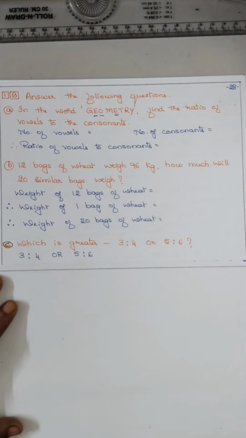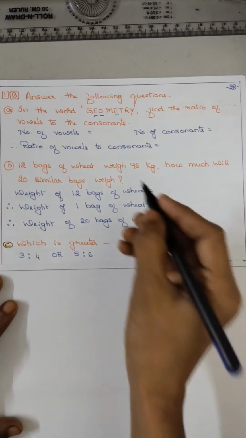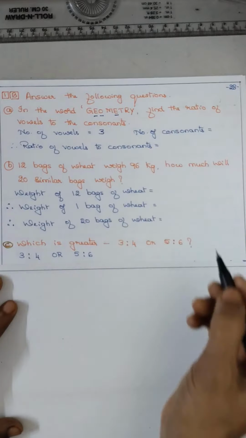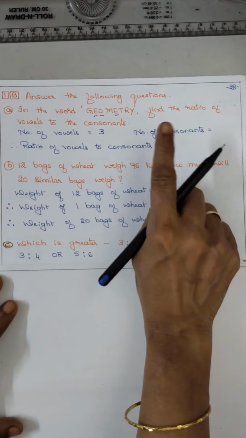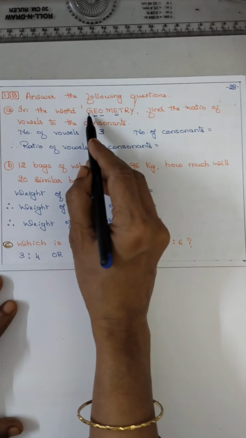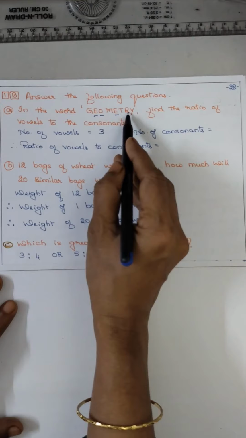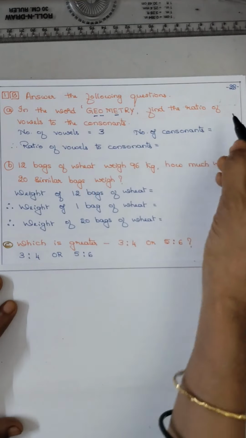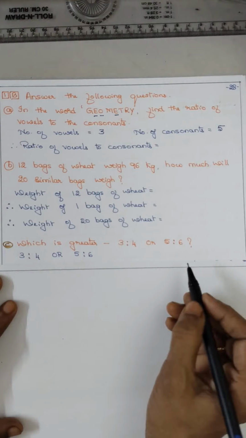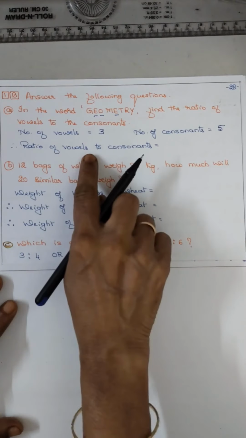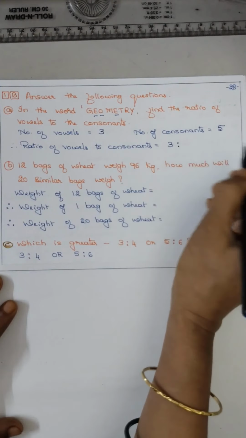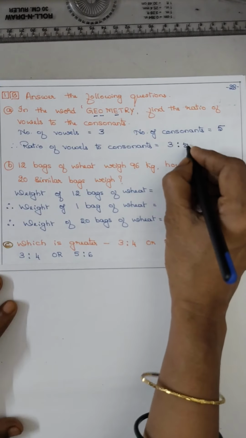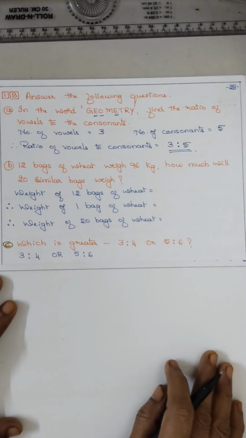So, क्या क्या आया है? 2 बार E और 1 O. So, number of vowels is 3. Number of consonants, मतलब vowels को छोड़कर क्या क्या है? 1, 2, 3, 4, 5. So the number of consonants is 5. So ratio of vowels to consonants, vowels 3 है, ratio का symbol फिर consonants 5. Okay. These are all for the